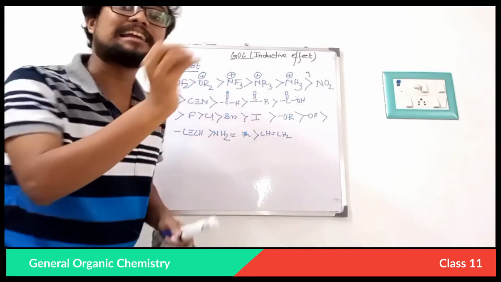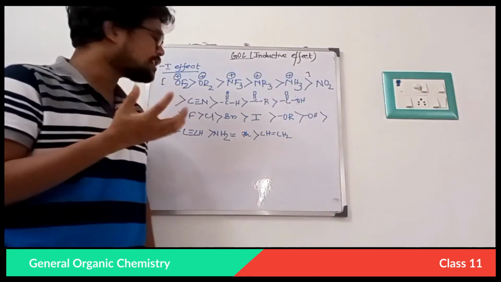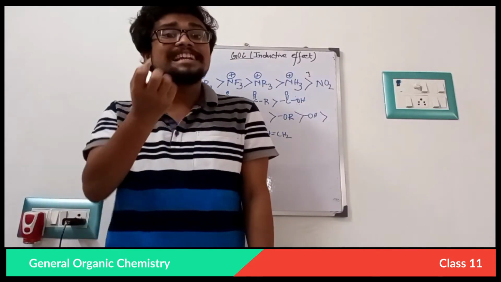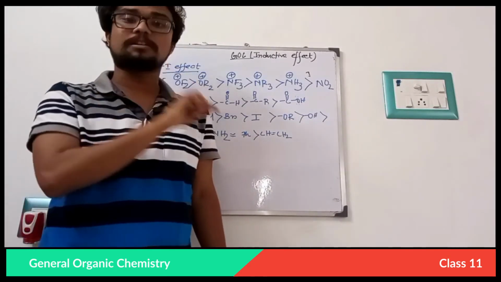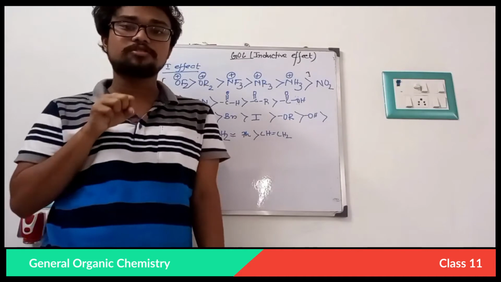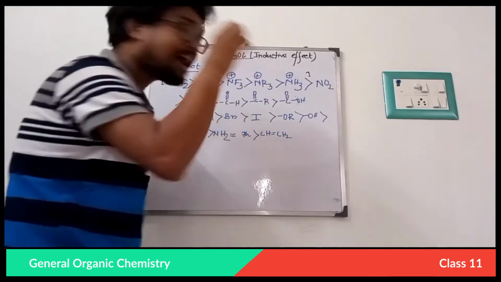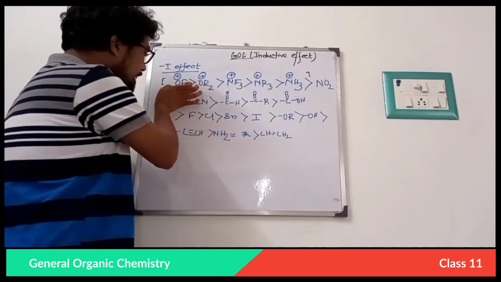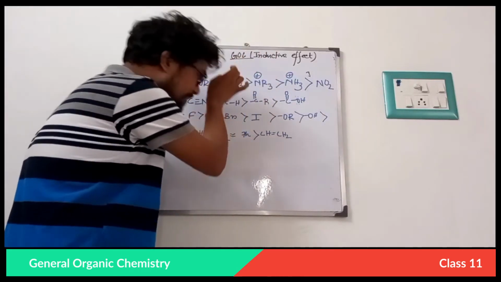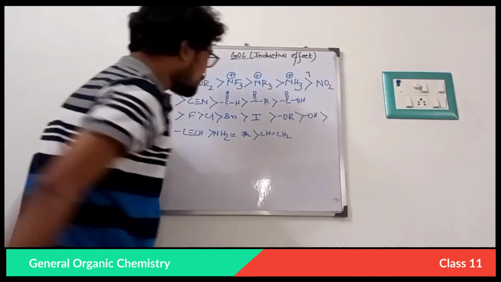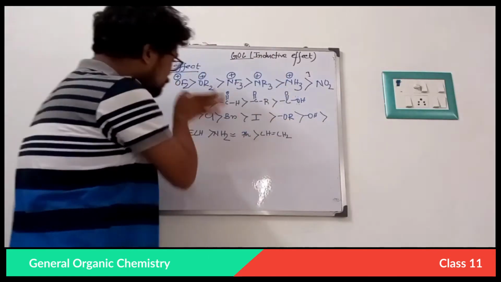A highly electronegative atom carrying a positive charge is very unstable. Suppose you have very high electronegativity, you are susceptible to electron withdrawal, and you already have a positive charge, that is electron deficient, then you become more unstable, because you always try to grab electron density, being an electronegative atom. So OF2+ and OR2+ are more electronegative than any nitrogen series, NF3, NR3, NH3, whatever it is. So these two have more minus I effect than these three. So this order is correct.